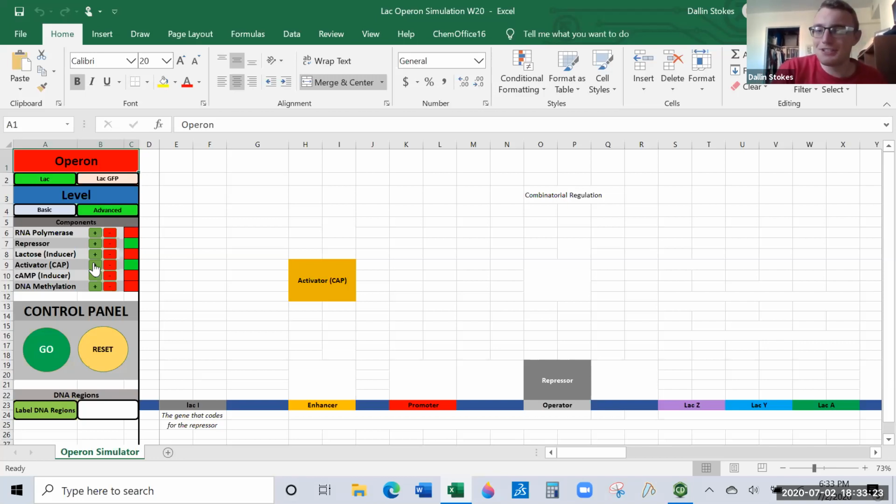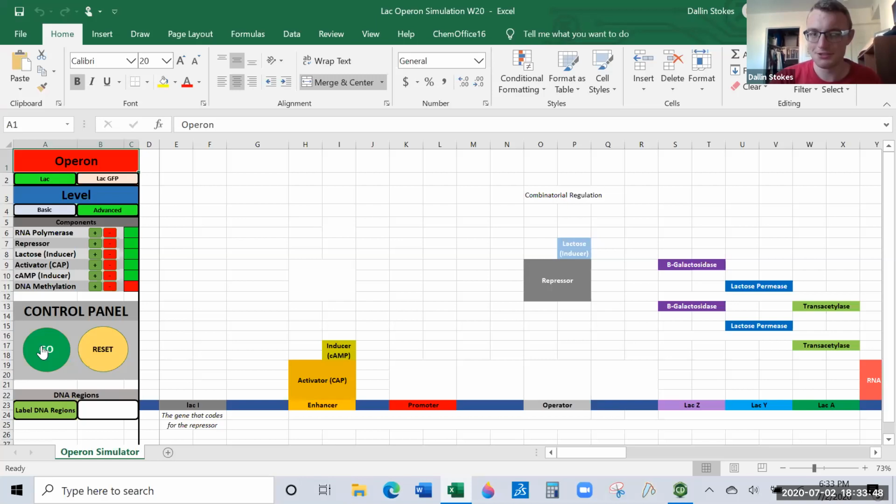So it's interesting doing a problem 1 on your homework style question here, where we're like, what if we have the activator and the repressor and RNA polymerase and lactose and no glucose? So that means CAMP is here. And that means lactose sticks to the repressor, gets the repressor out of the way, CAMP sticks to the activator, puts the activator on, and we're going to make lots of protein. So notice it's a combination of factors.